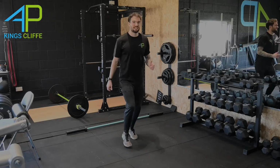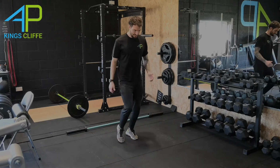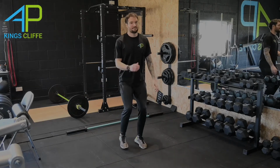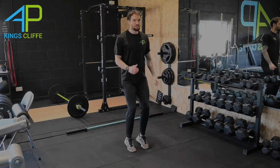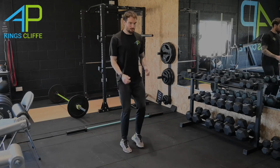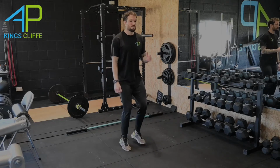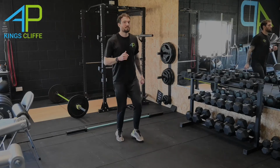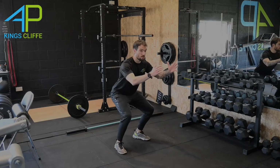Good stuff. Just getting nice and warm. Hopefully getting a bit of a sweat on. 20 seconds. One exercise after this one, and then we're straight back in for the next round of chair exercises. Good job. 10 seconds. Keep those feet moving. Brilliant. 3, 2, 1. Catching that breath for 15 seconds, and the last one was the little squat to calf